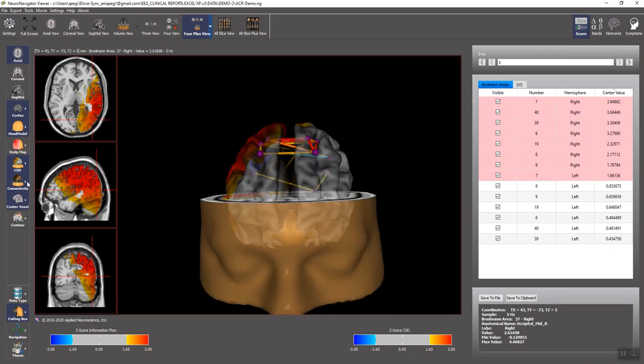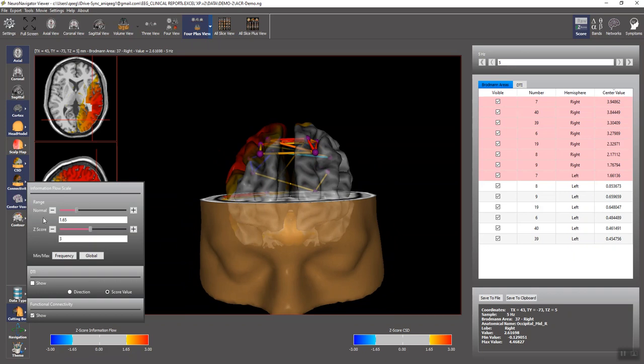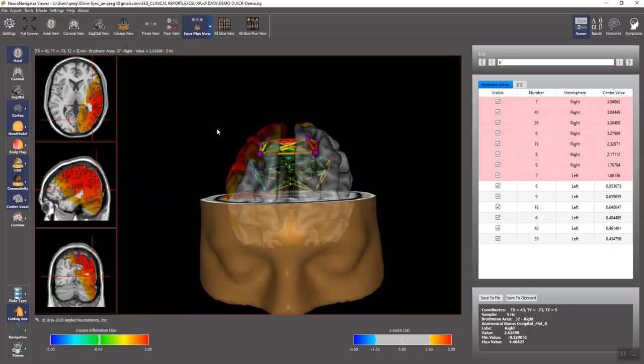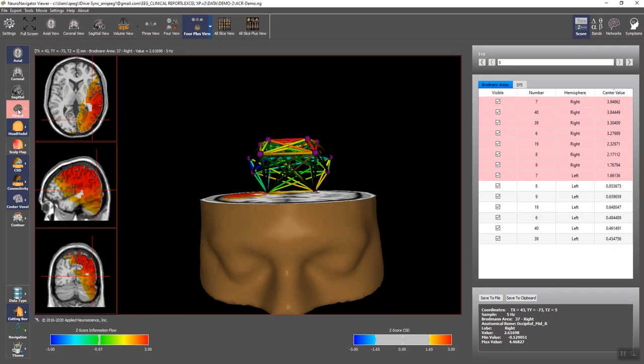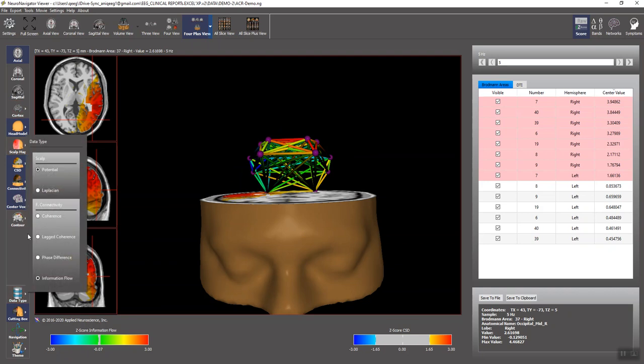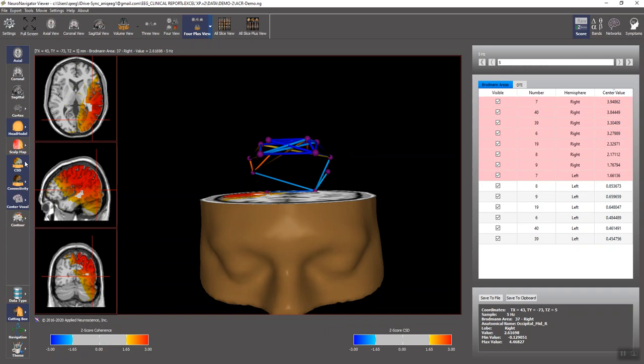I'm going to make sure that I've got connectivity. So you can see all of the hubs. I'm going to get rid of the cortex. In this case, that's information flow, but let's look at coherence. I'm going to again